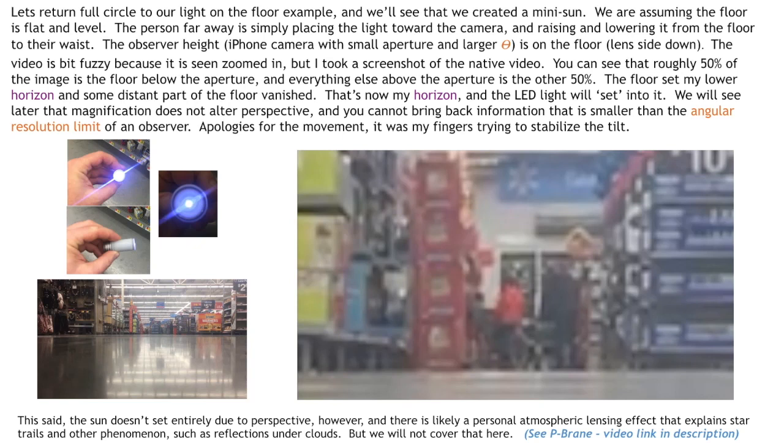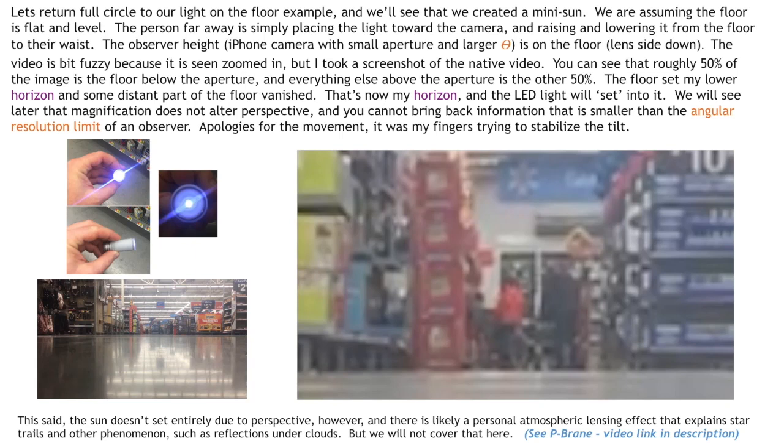The video is a bit fuzzy because it is seen zoomed in, but I took a screenshot of the native video, and you can see that roughly 50% of the image is the floor below the aperture, and everything else above the aperture is the other 50%. It's just slightly tilted in that example. But you can see how the bottom is the floor and the top is everything else. The floor has set my lower horizon, and some distant part of the floor has vanished. That is now my horizon, and the LED light that you can see I'm holding in my hand will set